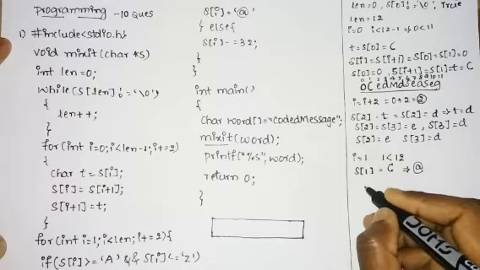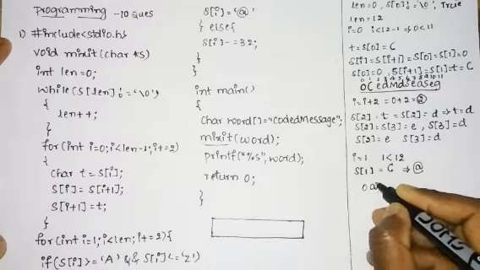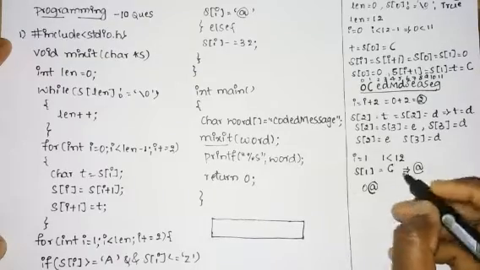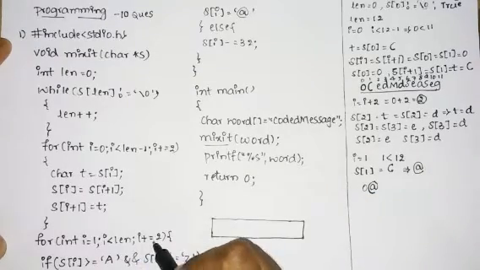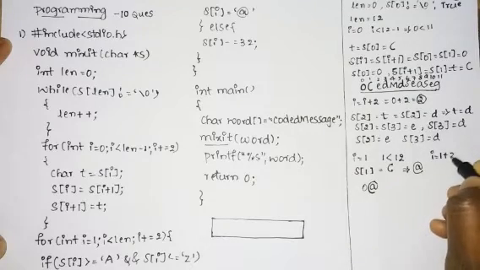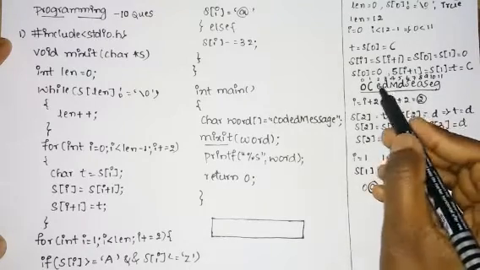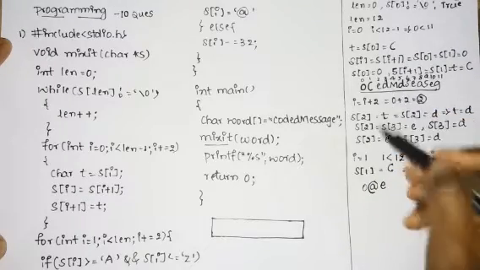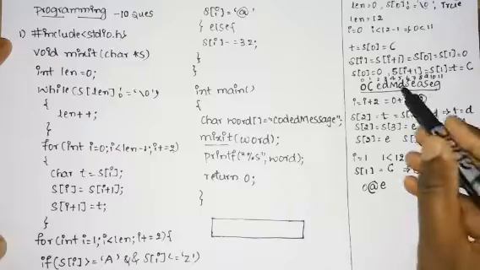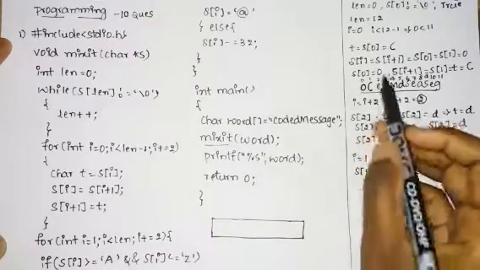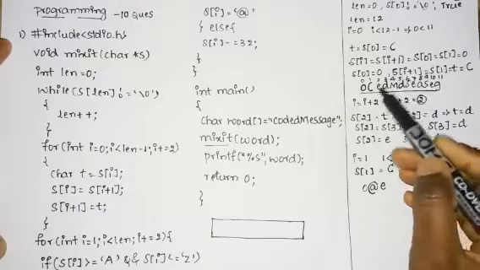You can say O at, then followed by, so O at, then again I is incremented, so I equals I plus 2. Now I becomes 1 plus 2, which is equal to 3. So at the second position you are going to write as it is. So we have E as it is. Next it will check the third position, that is S of 3. At S of 3 we have D.